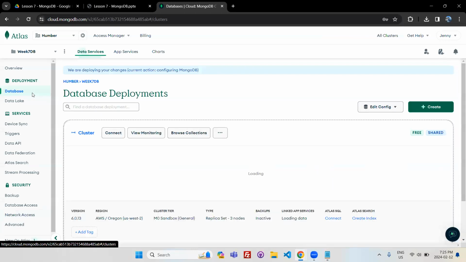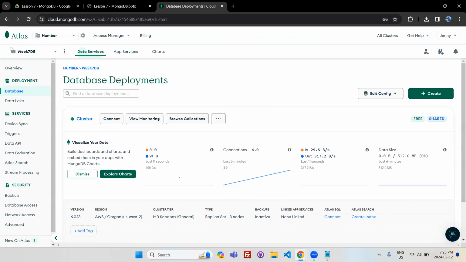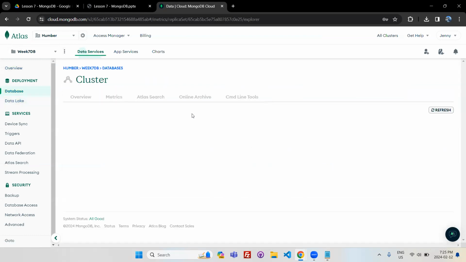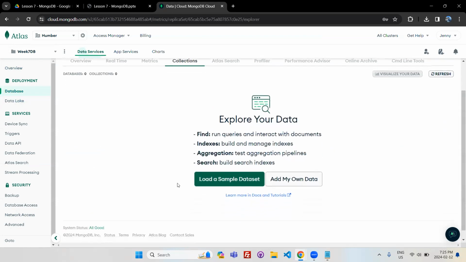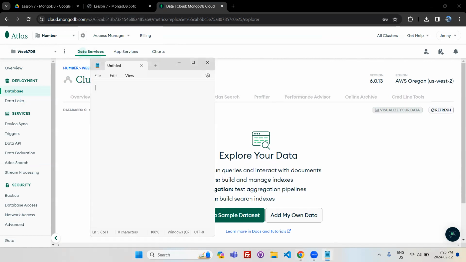So now that we have created our project up here in the top left corner, we have our database. We created a cluster, but our collection is currently empty. To populate it, let's see how we can use our Node.js app to run different queries to create, read, update, and delete. Okay, so CRUD,